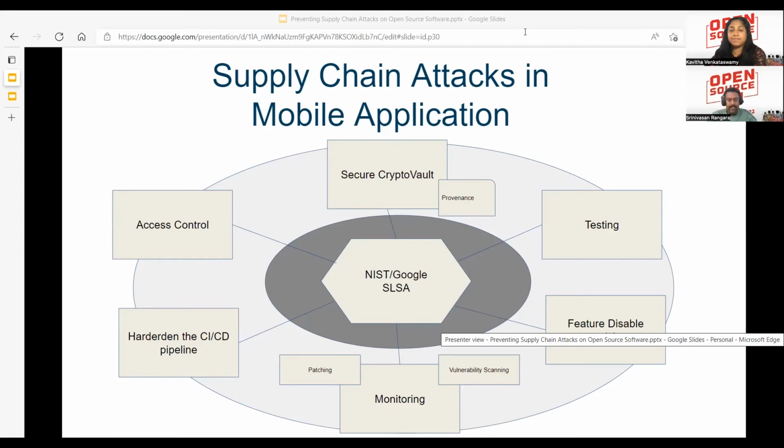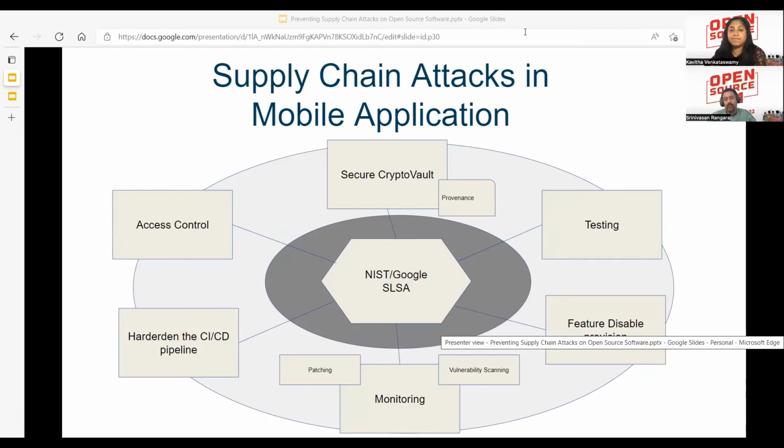In addition to this, a constant testing from a supply chain side of things should always happen. This can happen with the help of a red team that focuses specifically on supply chain components. It could be open source, it could be third-party components as well. It can include the GitHub scans, or it could have binary scans. So everything has to be automated using your CI/CD pipeline.